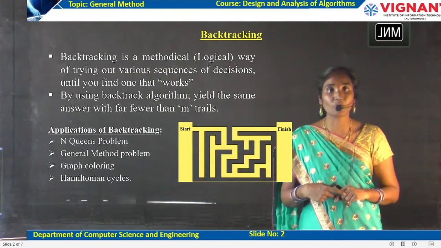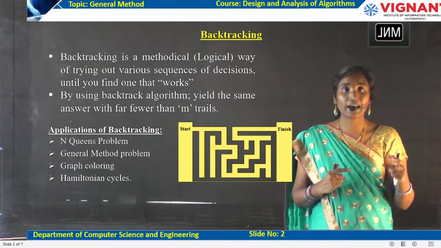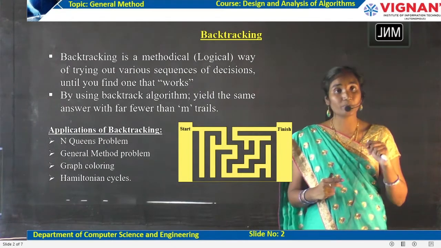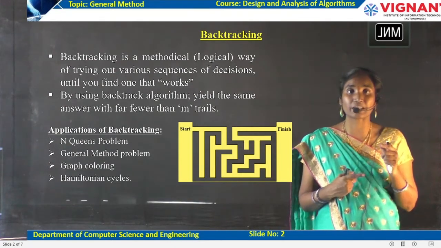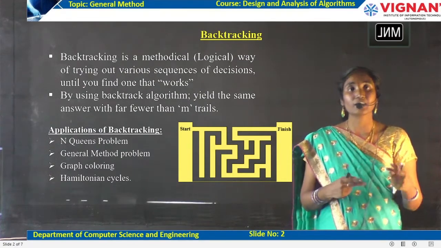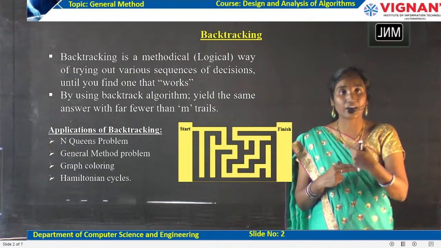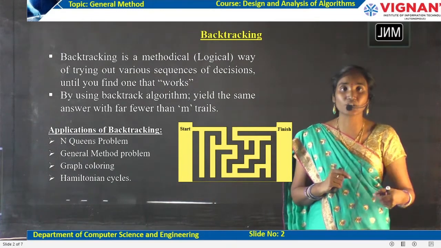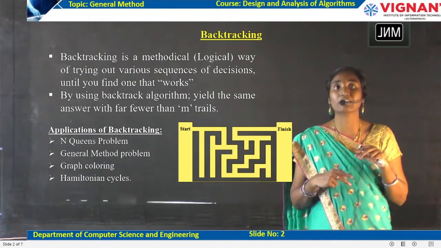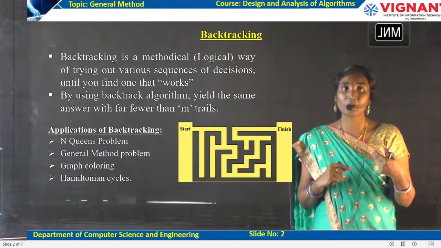game. In your chess game, given one step, you think about the opponent's step, and based on that step you take your step. Suppose you have taken the next step also, and based on that you expect the next step of your opponent. If the opponent has not taken that step, then immediately you go with another path and take another decision, and in that path you make your next move. In the same manner here, whenever I'm not getting the solution in a path, I simply take another decision or another path to get my answer.